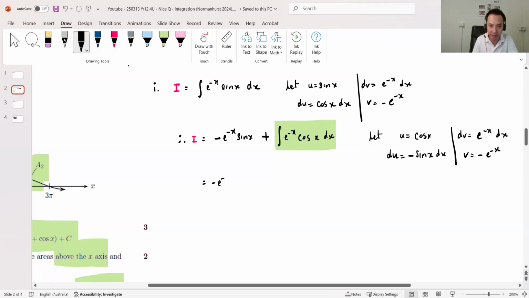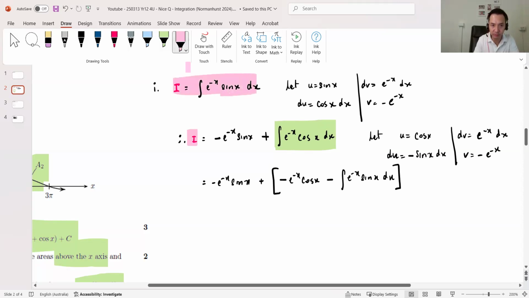So then it equals minus e minus x sine x. Plus now, just for the by parts bit, it's uv, minus e minus x cos x, and then minus times minus, plus, then the integral of minus e minus x sine x dx. Cool. And then you basically spot immediately, right? That's the original there, right? So then let that be I, right? Let that be I. Then you get, therefore,